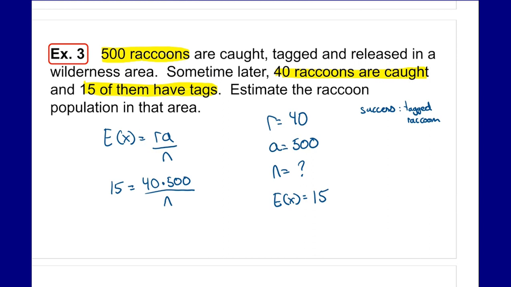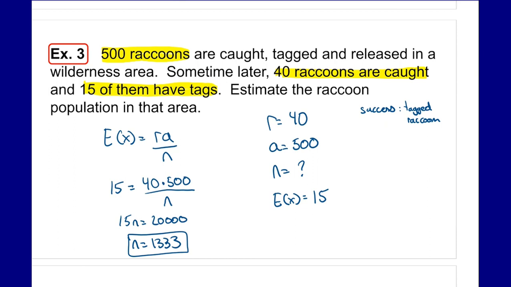So we can bring the unknown up, and we get 15N equals 20,000. 20,000 divided by 15, we get 1,333. So based on how many raccoons we got from our trials, we would estimate that the overall population is